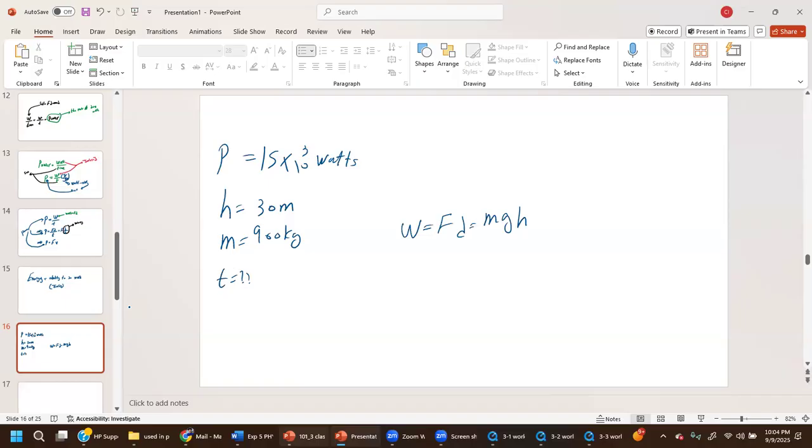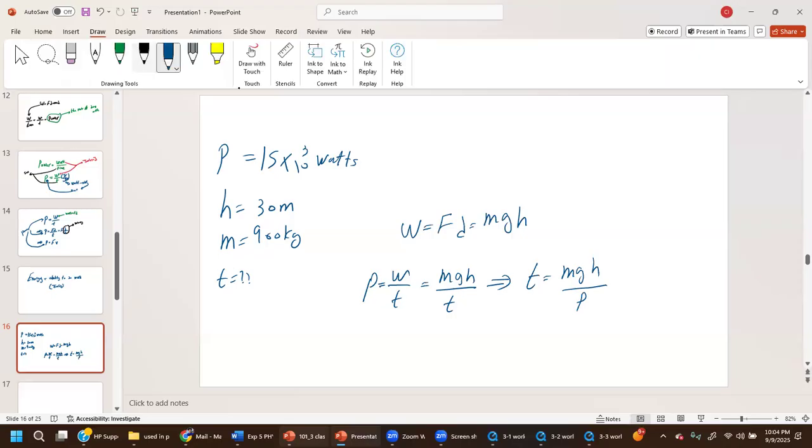That should work. And you know that the power is going to equal your work over your time, which means it is going to equal mgh divided by your time. That means cross multiply, your t is going to equal mgh divided by your power. And in this case, it would equal